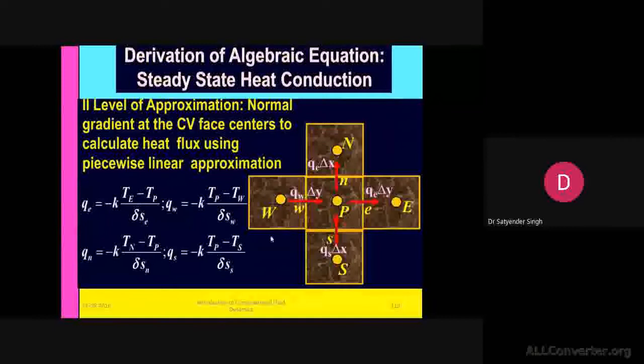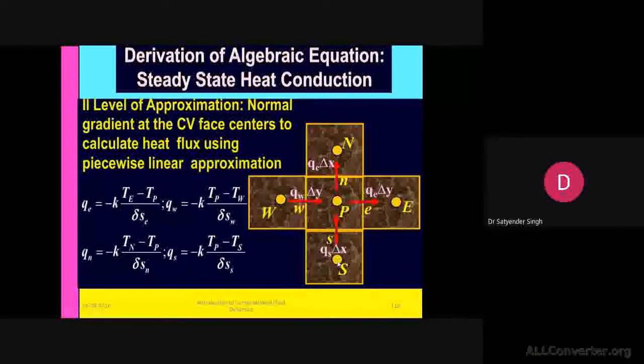And volumetric heat generation will be inside, at this point. That will be one of the volumetric phenomena. Likewise, we are keeping the fluxes at the center of the edges in all the directions, like east, west, north, south, and calibrating them accordingly. And for them, the temperature, which is what we desire to solve in this particular case, we are keeping at the cell centers.